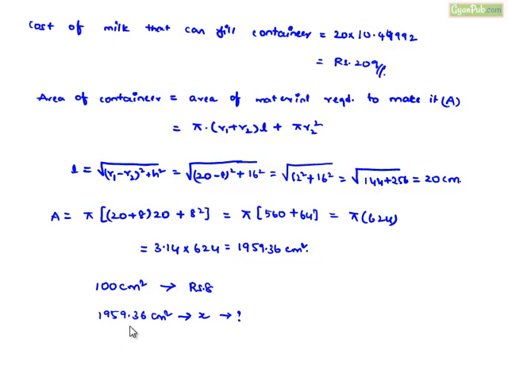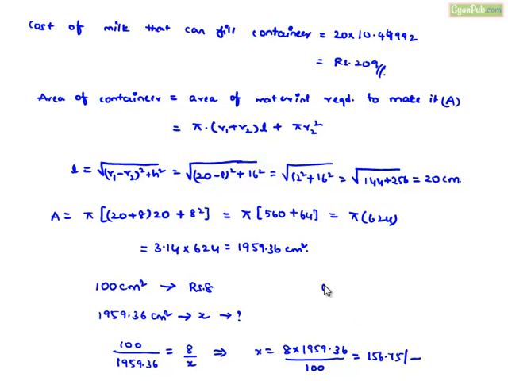Now by applying the ratios concept, we get 100 by 1959.36 is equal to 8 by x, which implies x is equal to 8 into 1959.36 divided by 100, whose value is approximately equal to 156.75 rupees. Therefore, the cost for making the vessel or container is equal to